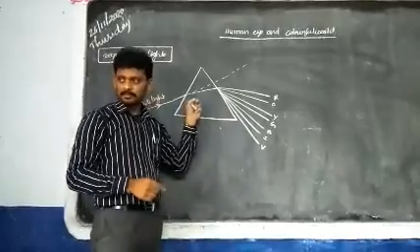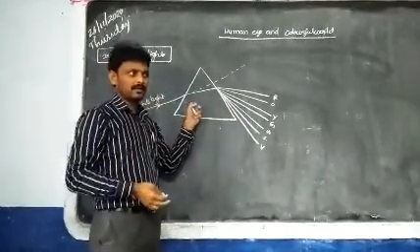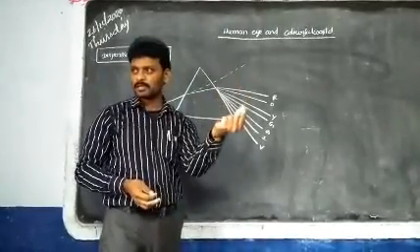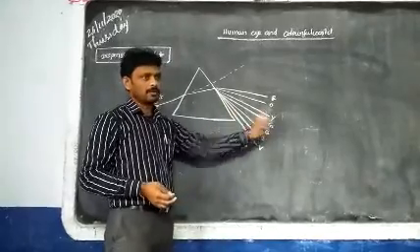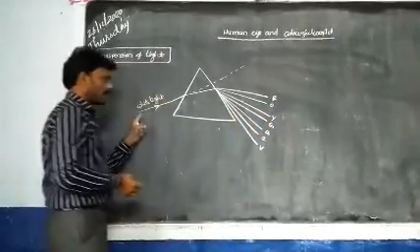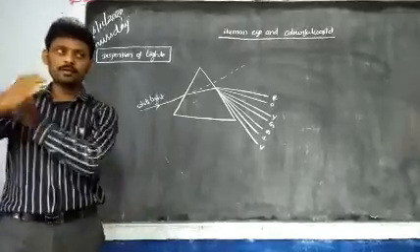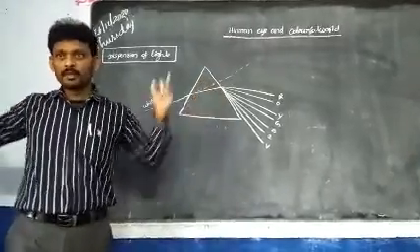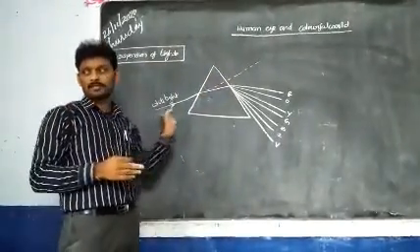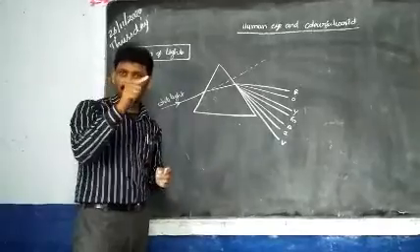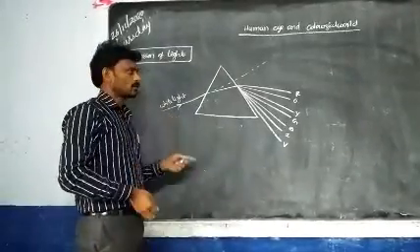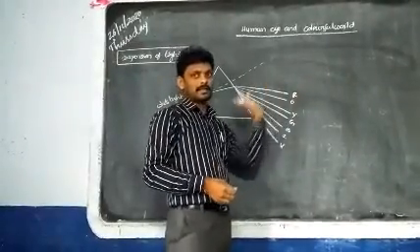It may be a prism, it may be your glass pen, it may be a beaker containing water also. You can observe this phenomenon, no problem. A sharp light ray has to be incident. Just like when some doors are completely opened and a broad beam of light is coming, you can't observe this phenomenon. A light ray has to be incident. So this phenomenon is called dispersion of light.